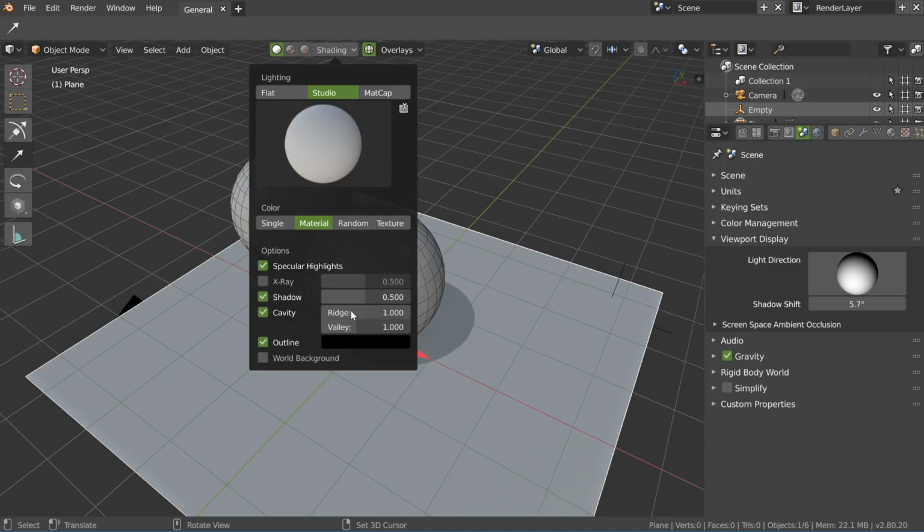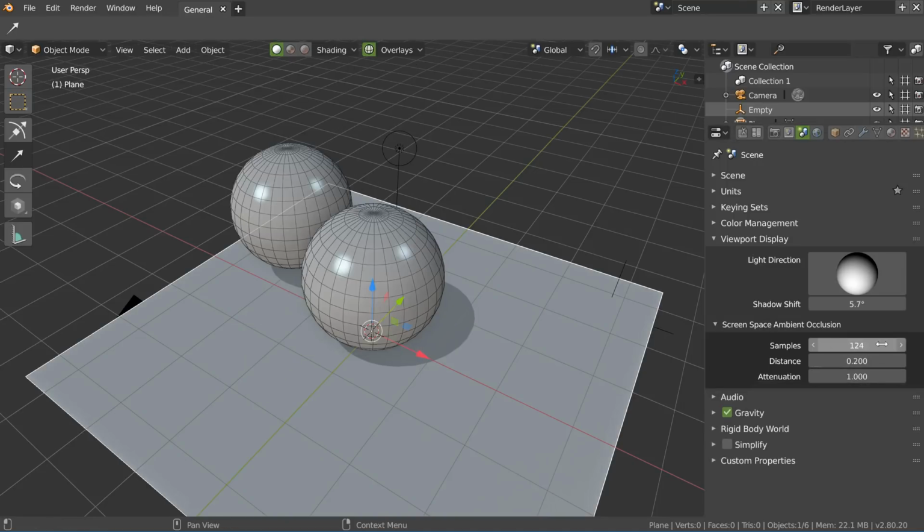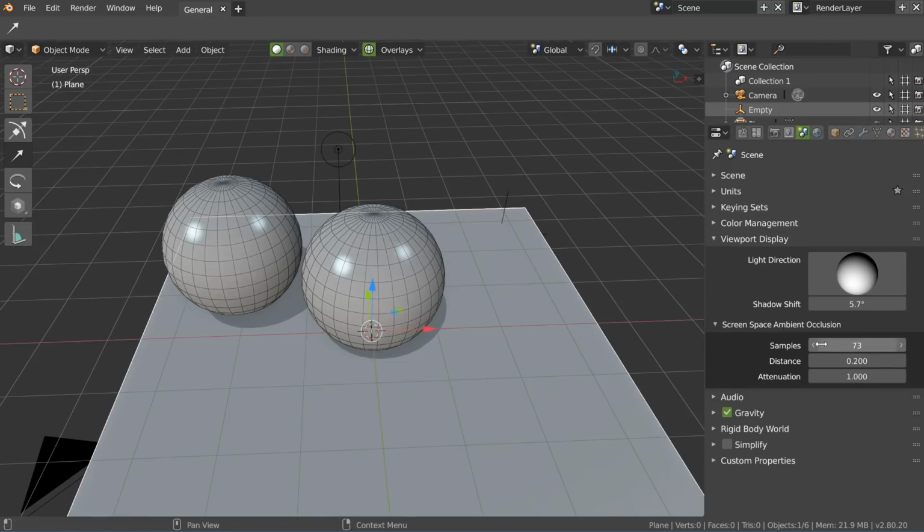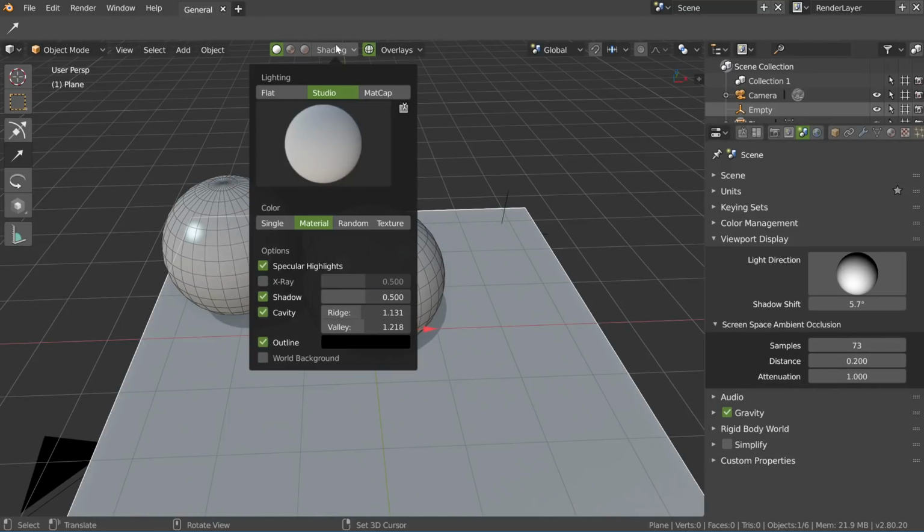If you want to change the cavity option, you have to go here, and you will be able to change the sample, the distance, etc. So this is again too many actions to change one setting of something you want to edit, and this is a bad design.